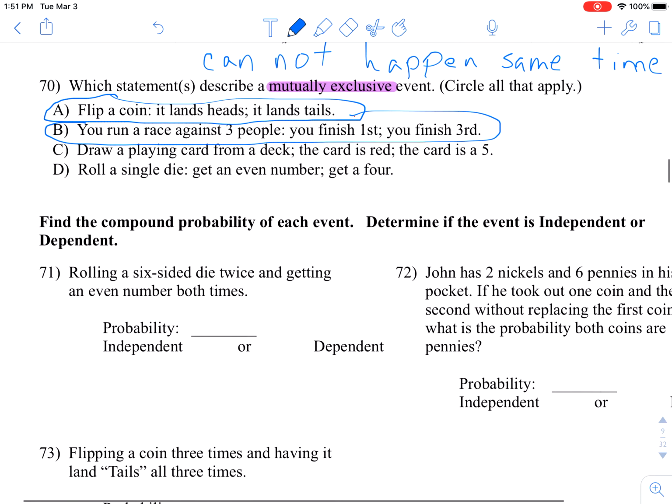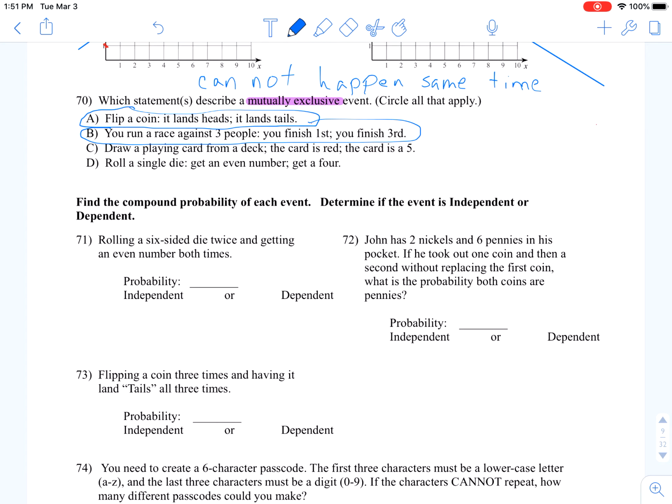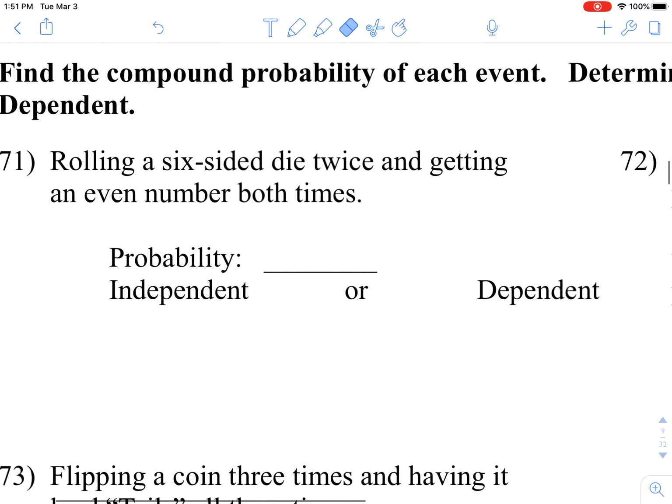For problems number 71, 72, and 73, we want to look at what the compound probability of each event is. And then once we figure that out, we want to figure out if the event is independent or dependent. And so the first thing you have to do is you have to know what the simple probability is of each event happening. So for example, when we look at rolling a